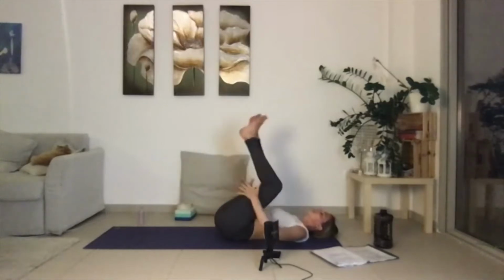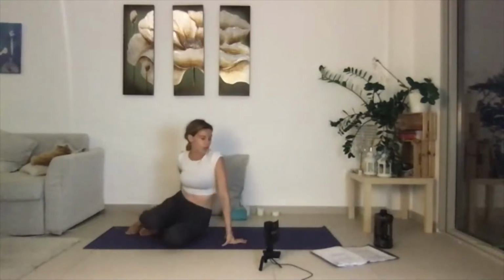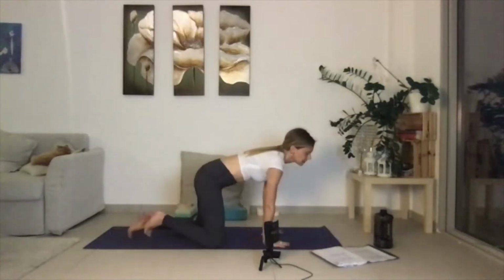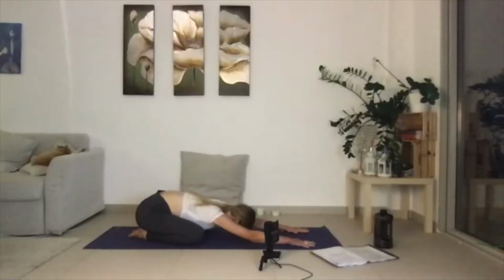Come into stillness, hands on the backs of your thighs, rock all the way up, and you're just gonna go over onto your hands and knees, and then come back into a child's pose. Your knees can be wide, forehead grounding,